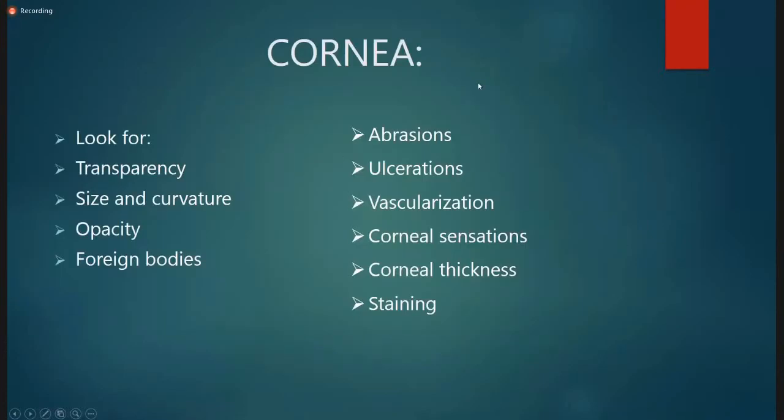Then you come on to the cornea. We systematically go from outside to inside. First, we have gone through the eyebrow, lids, lid margin, lashes. Then we examine the conjunctiva, then episclera, sclera. Then we come on to the cornea, and then from cornea to optical lens. So the cornea is usually transparent. If you find any opacity or any ulceration, it should be noted.